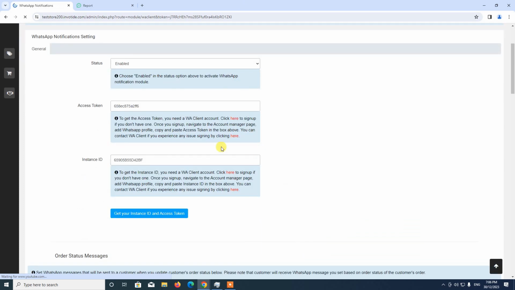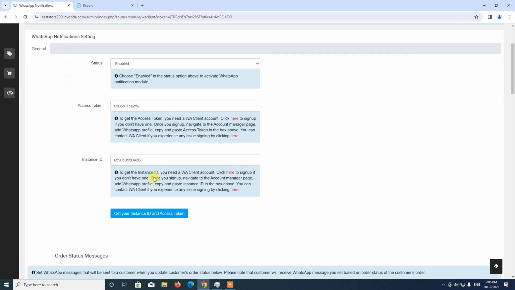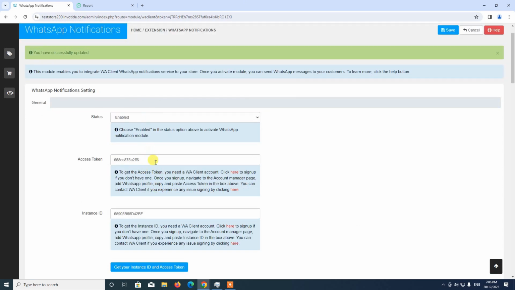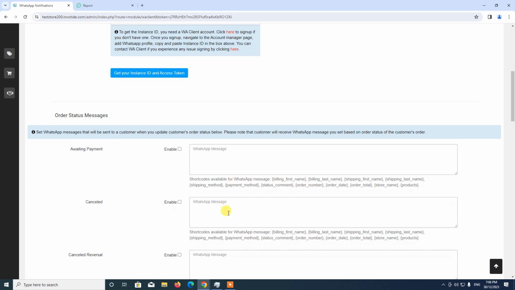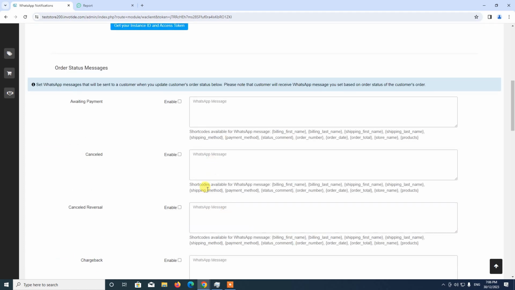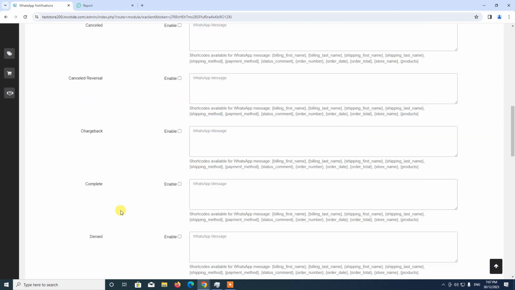All right, so now we have set up the module. So after setting up the settings and these settings here, we also have the option to set status messages. So this will be the message that will be sent when a customer's order status has been updated. So these are the various order statuses we have. We have the awaiting payment, cancelled, chargeback,